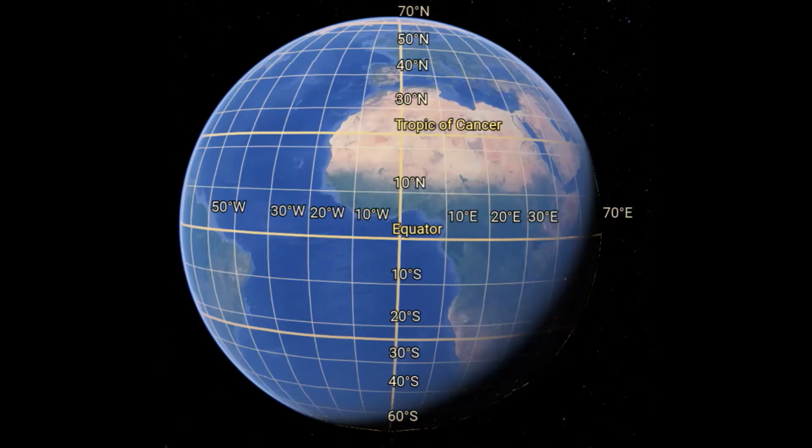I just wanted to go over again the directions that latitude and longitude run. So we'll start with latitude here, and the starting point for latitude is along the equator, which is right here, and it runs north and south. So if we start here at the equator, then we're just going to move up here 10 degrees to the north, then we'll go up another 10,